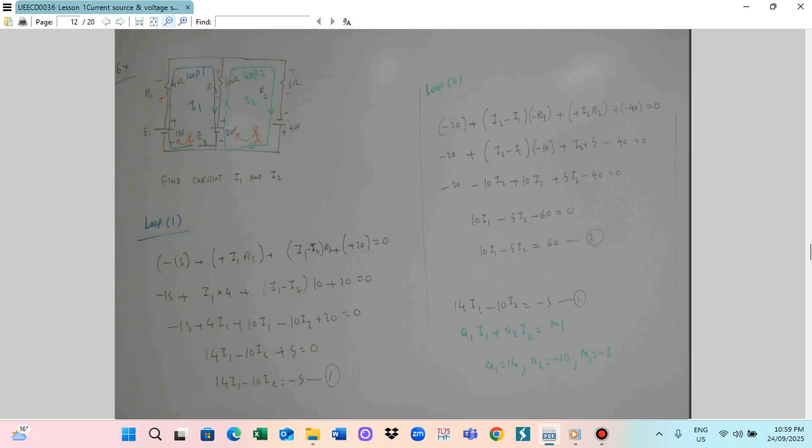So this one we can write minus 15 plus I1 R1. Resistance is already given, the 4, plus I1 R3, resistance is already given, the 10, plus 20 is equal to 0. So this becomes 4I1 plus